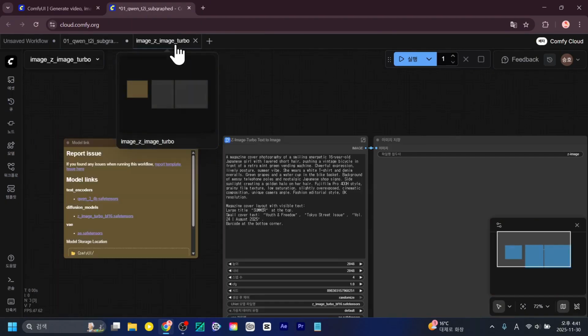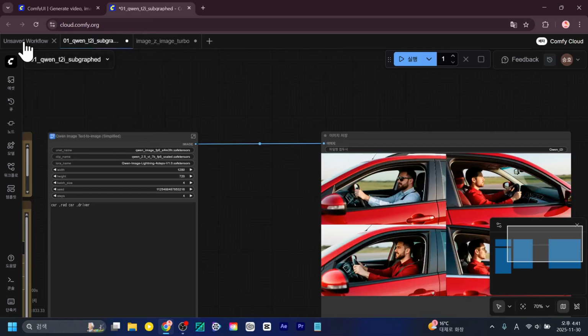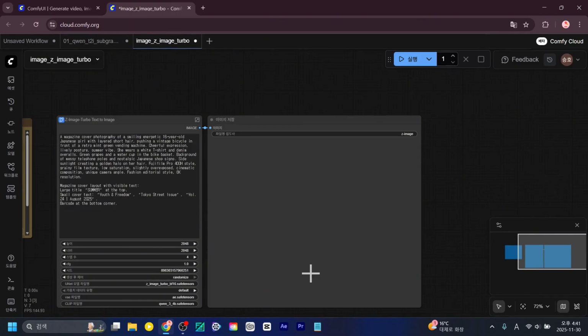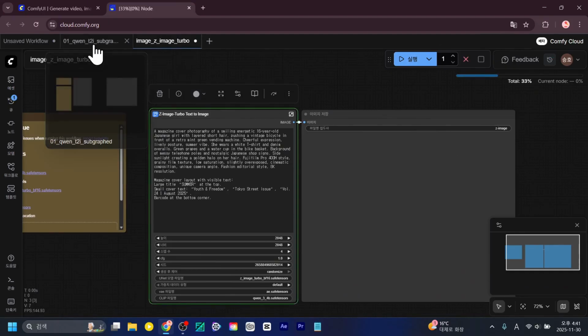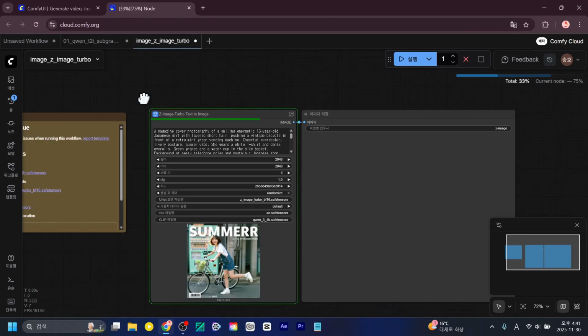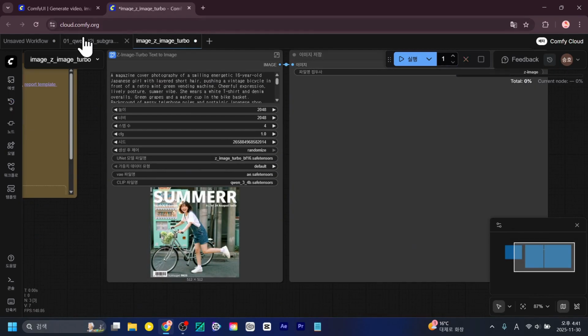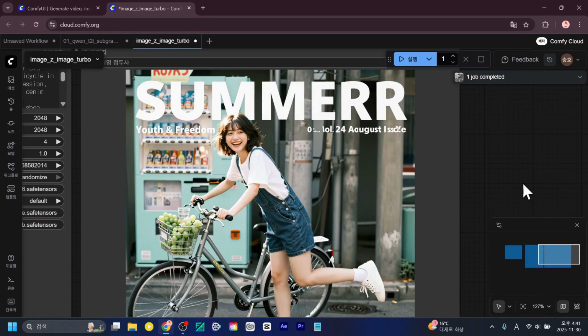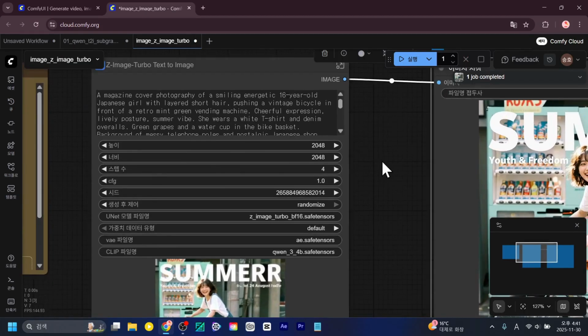Every time you load a template, you can see that these windows appear at the top like this. And additionally, you can also create more windows yourself. You see? Like this. Let's also take a look at what kind of structure this has. If something is running in this window, you shouldn't press run again on the left side. You can only work in one window at a time. That's how computer UIs work, so just finish your work here first and then move on to the next task. I think that's the way to do it. I think it's quite excellent. It's very good. Let's see if it works with Korean prompts.